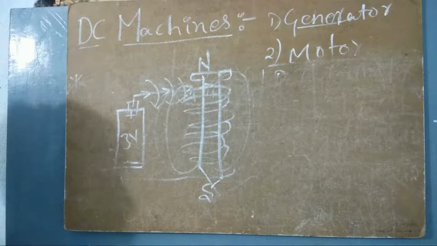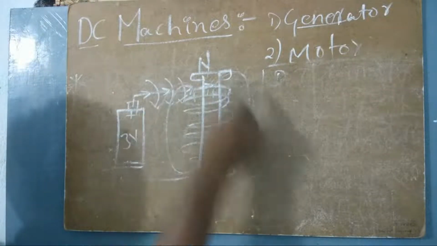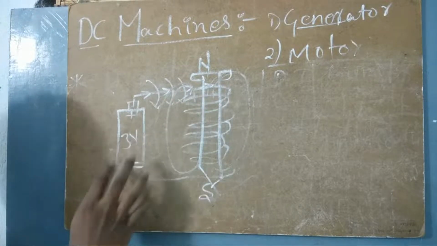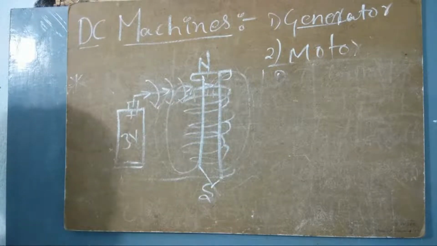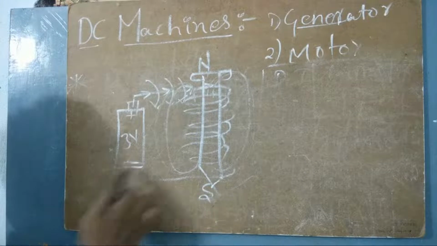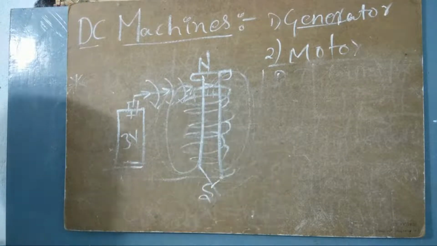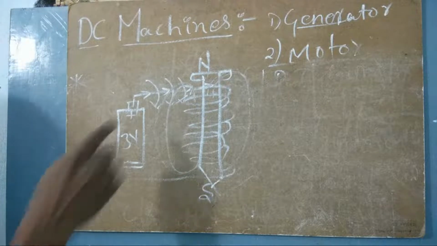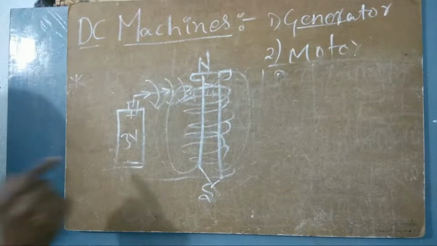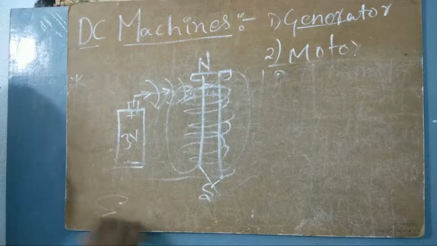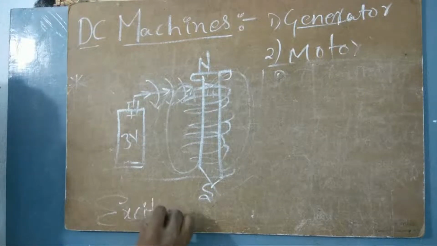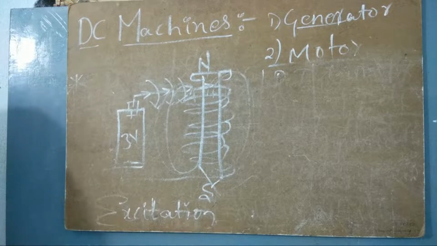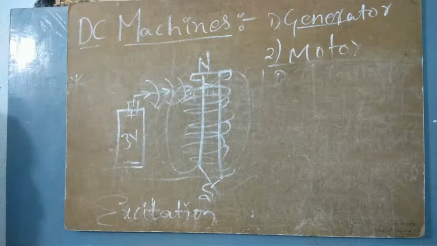But how is it happening? It will happen, but what do we call this process? This entire equipment or phenomenon, we call electromagnetism. But the process of giving energy to this nail, that means I am giving some magnetic property to this nail, the way I am giving it is by providing a battery. When I do this, I call it excitation. I want you to write it down in your notes. It is called nothing but excitation.